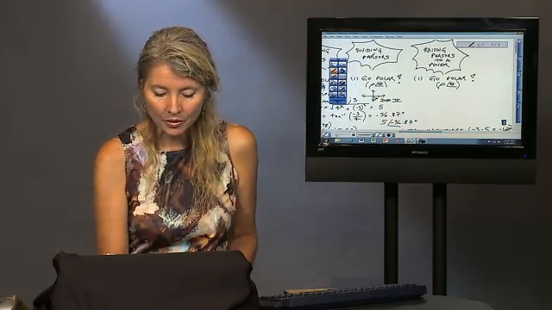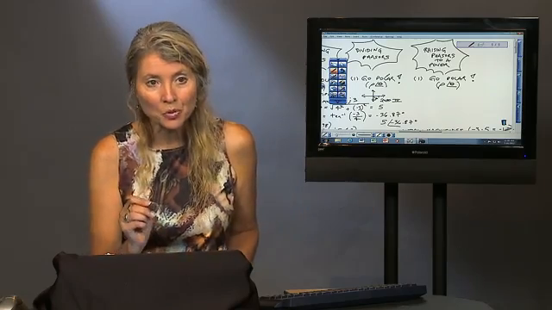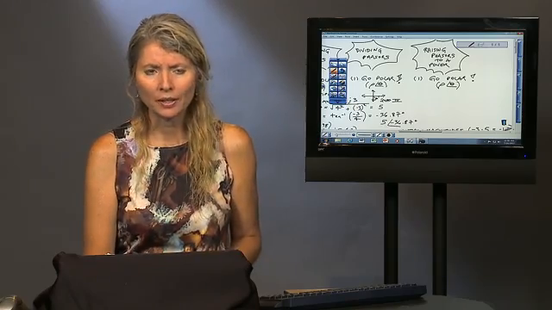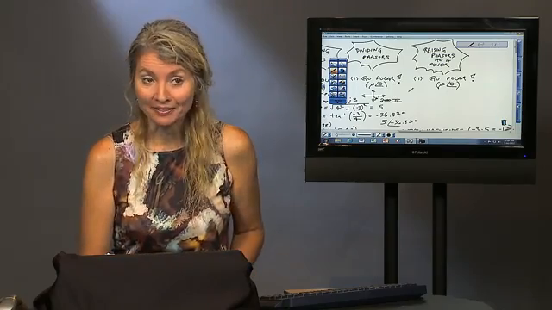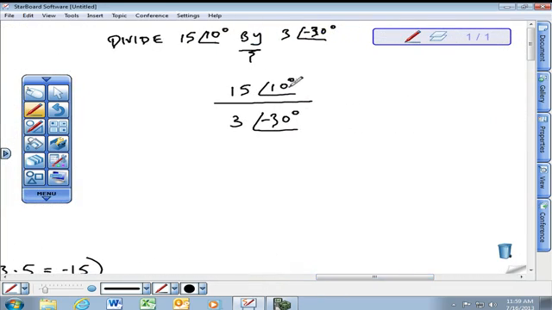Notice, dividing phasors, what's your first step? Go polar. Some problems you may be ready to go, and some problems you may actually have what you need to move ahead. So don't feel like you're always going to be having to convert, but be ready, just be ready, because you could. But for this particular problem, you've got two forms that are identical. It's what you want. So after you go polar, remember that was your first step, it just so happens that the problem was already there. There you have it. So the second step says now what you're going to want to do is divide,